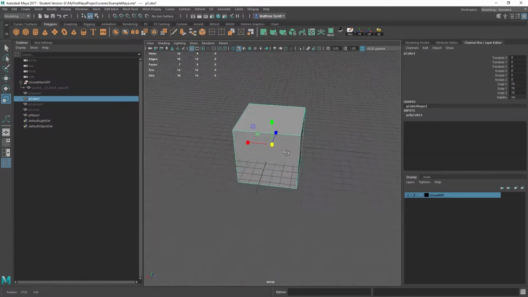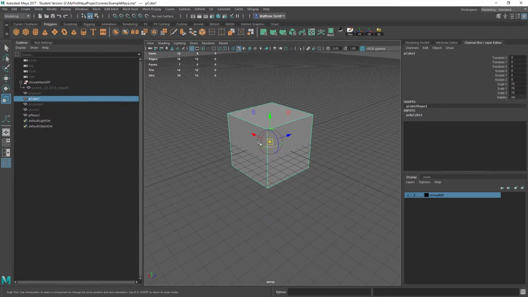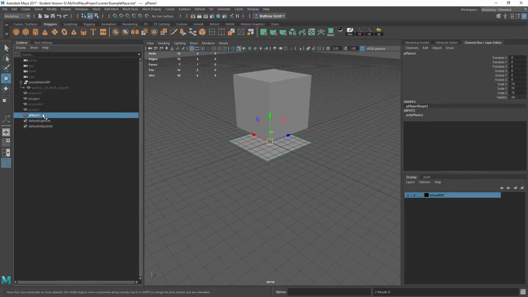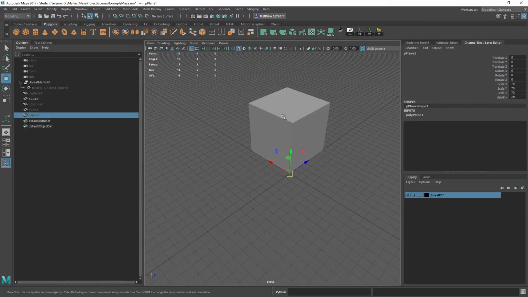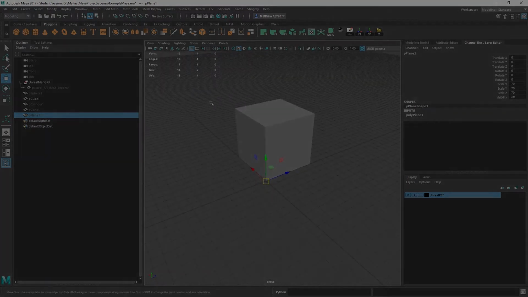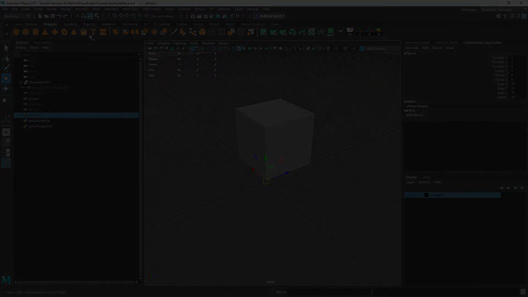If you remember, if you hold D you can change the pivot. I'm just going to snap the pivot to the corner, bring it onto the grid, and hide the plane. So that's really it for polygon primitives. As I said, they're all situated here and you can build them